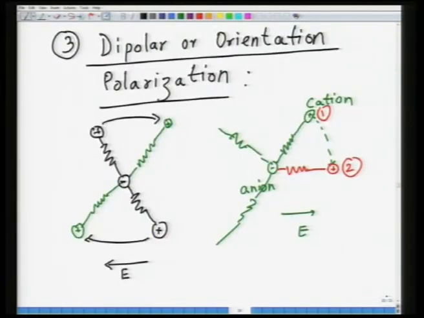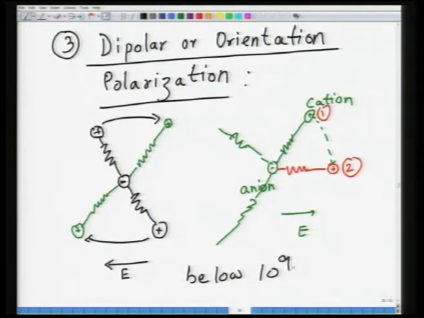dipolar or orientation polarization. Here we looked at two cases. Both of these cases involve different kinds of energies. This particular case is a slightly lower energy consuming scenario as compared to what is shown on the right. As a result, in case of dipolar or orientational polarization, often one encounters two regimes. One is the high frequency regime, second is the low frequency regime, and both of these happen below